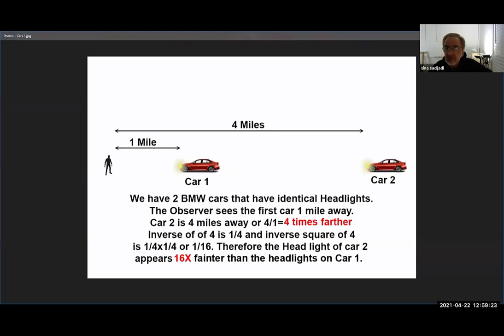Can I just clarify that? Yes, of course. So are you saying that as light gets farther, the size of it gets bigger? Yeah, there's a cone of light,